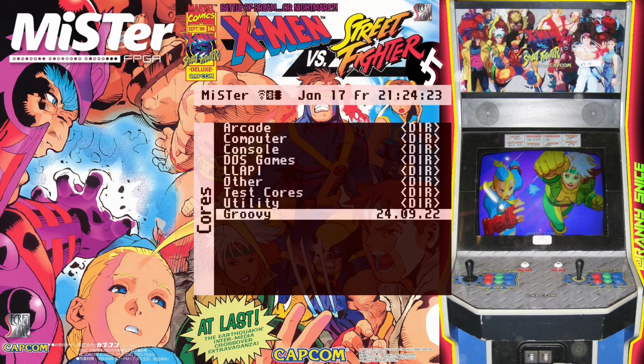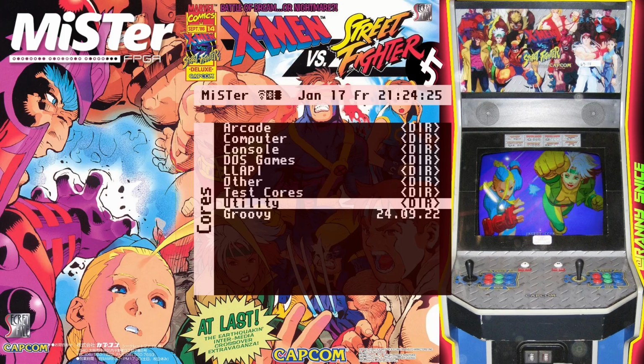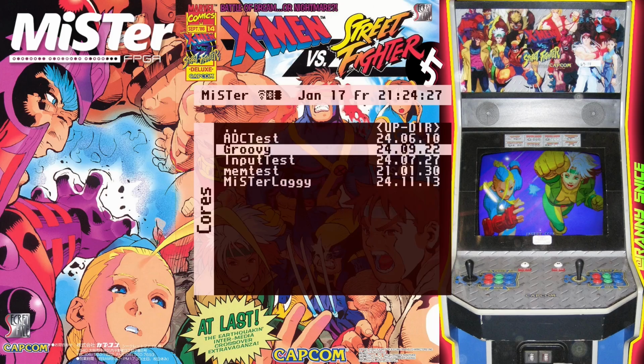So we want to go into Groovy MiSTer. I've got it on my main screen. I've also got it in utilities. It doesn't matter how you get into it. We are going to go into it now. I'll leave a GitHub link in the description that will tell you everything that you need in order to get the core. Now, it isn't straightforward at the moment, but do bear in mind, guys, that this is a work